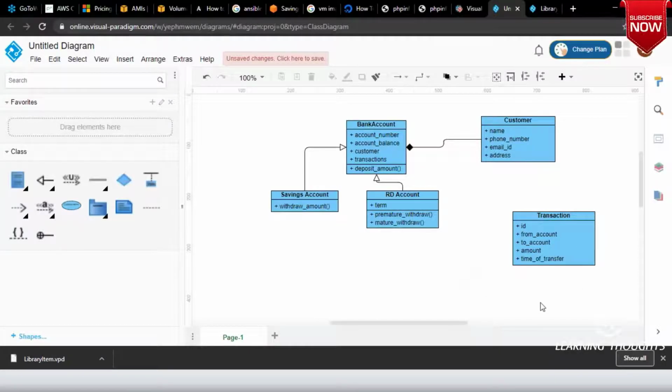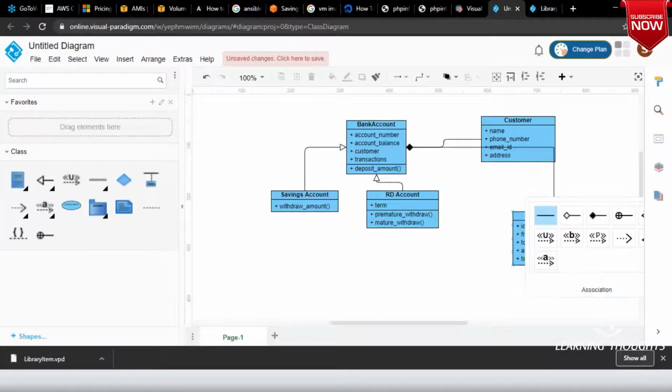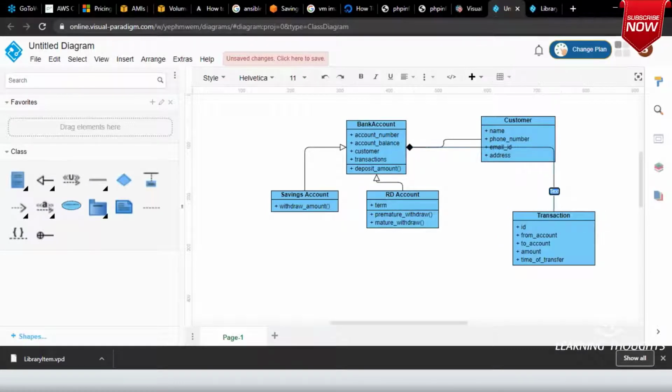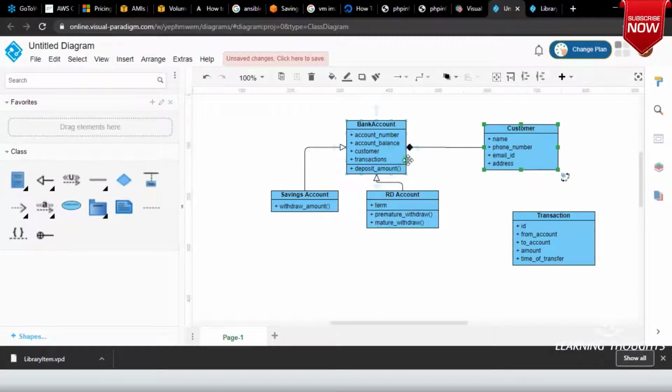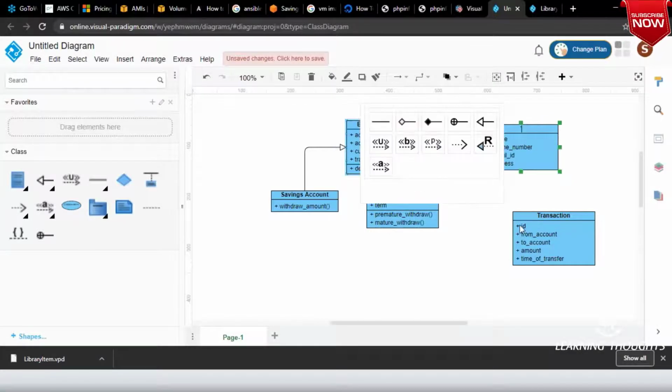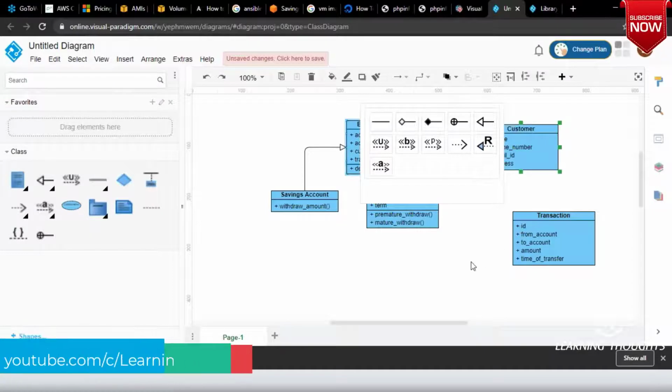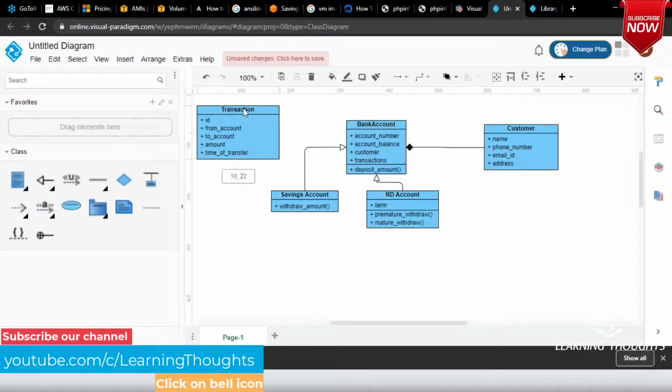Right? Now, bank account will have, right? Whenever you look into this, it will have an association, and this association is, okay, for one bank account you will have multiple, right? Let me not do this, because the problem is it is, okay. Let me try to do it from here, or let me try to put the transaction over here.